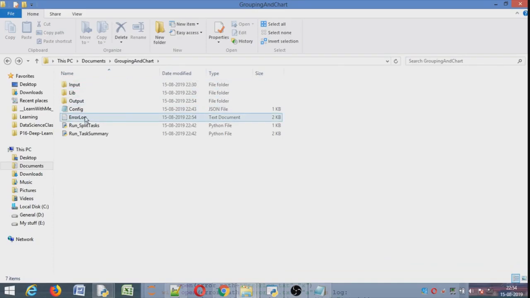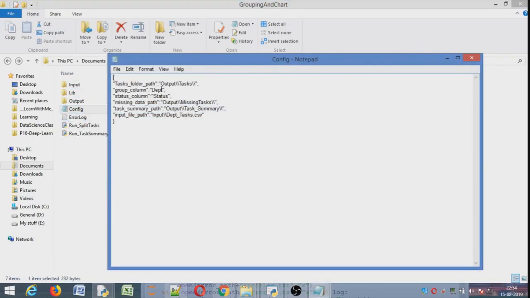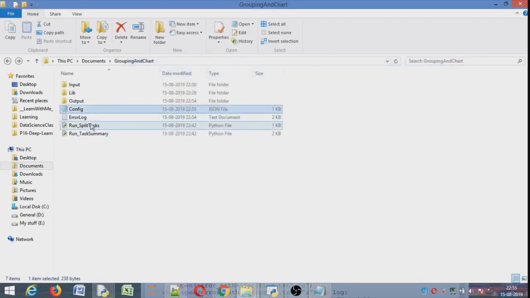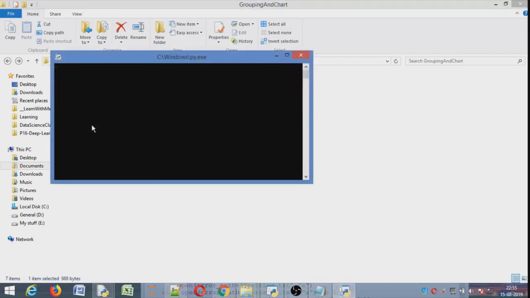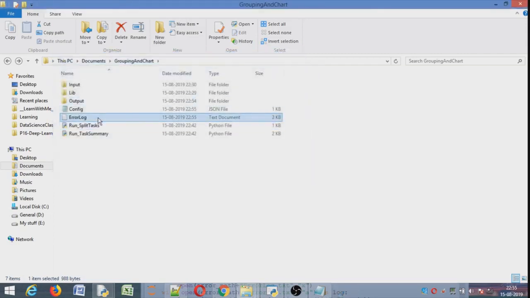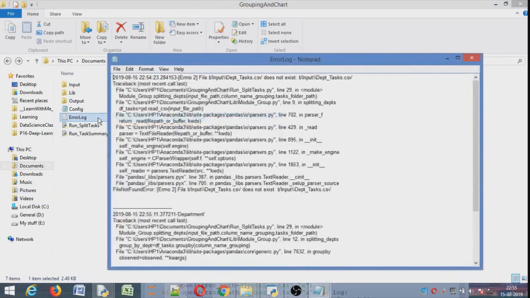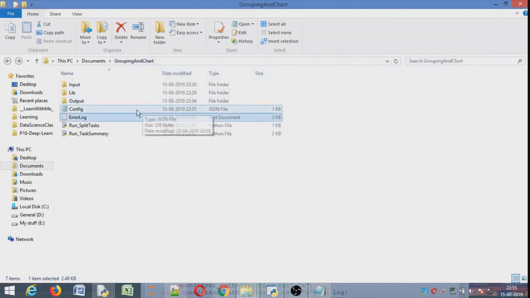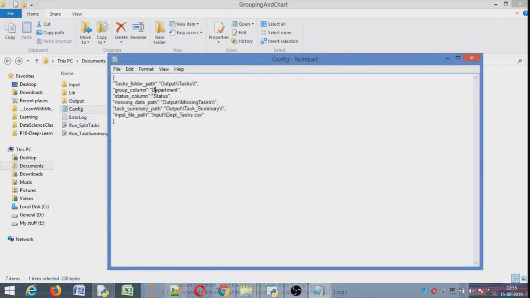I retrieved the input file. In case the input file does not have the column, like department, if instead of department I put DEPT, or jobs, or department full name, and the column is not available, the error log will be automatically created even if it was deleted, and it will show the log. If the error log is already there, it will append the log. You see here department, there it fails. They should make sure they give the right values in the config file,